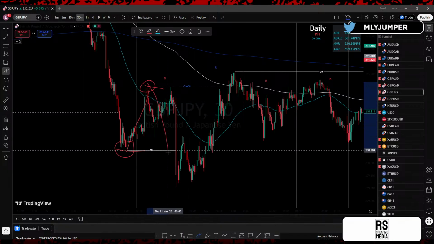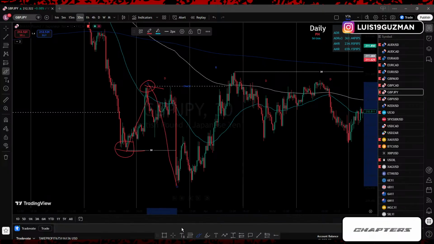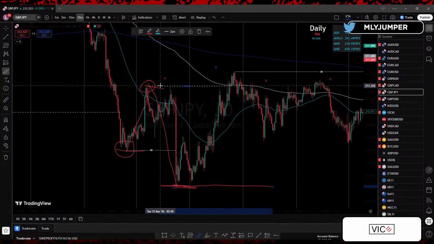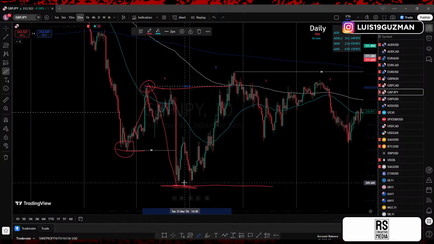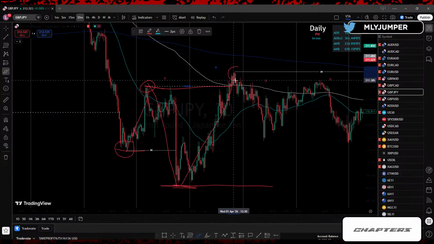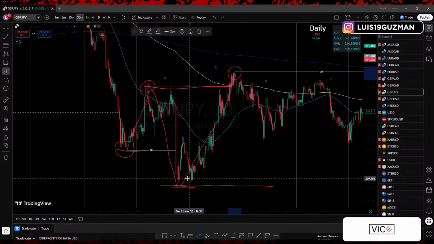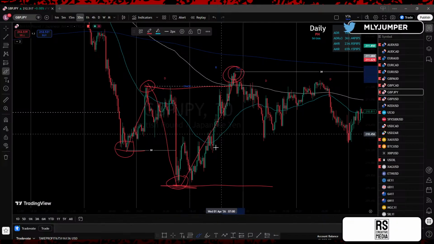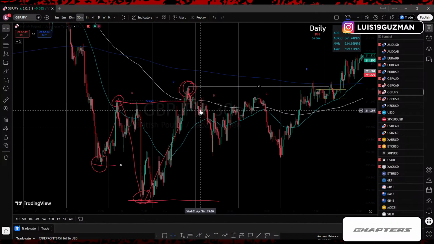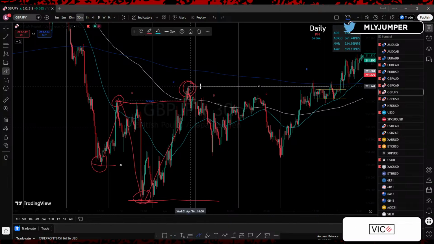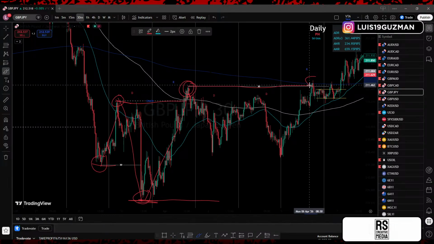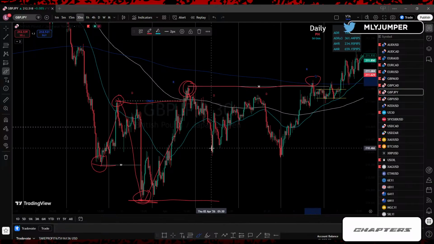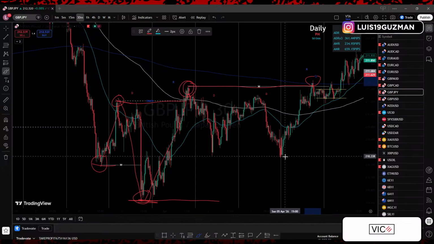Once price gives you the lower low, your next trend line should be down here. This is the lowest point, to this high still. Then this is where price gave you the higher high, the highest point. So now you know that you're trading between this lower low point and this higher high point. Then price gave you another higher high point here. So now your next trend line should be at the highest point here, and then the lowest point between the break. The lowest point between here and here is here.